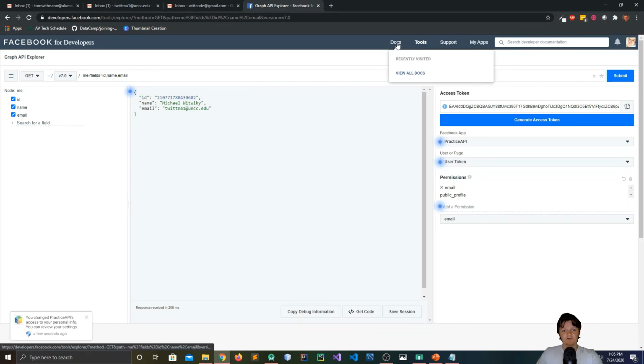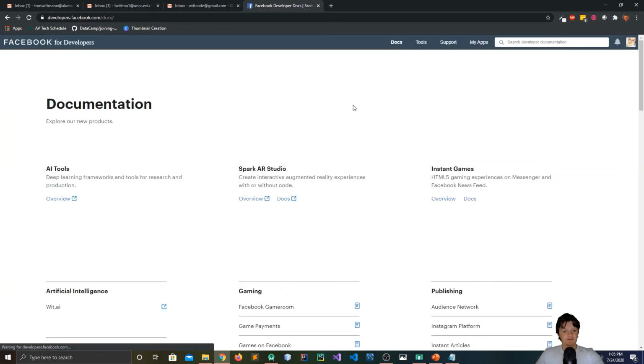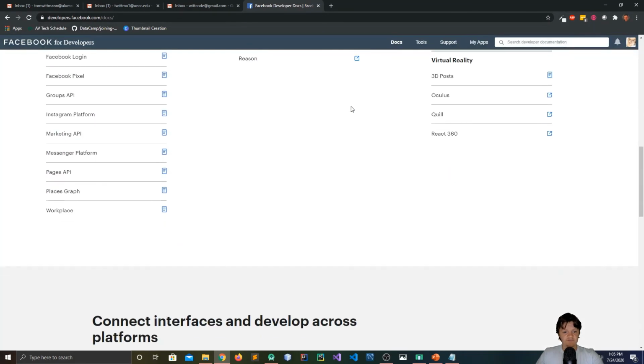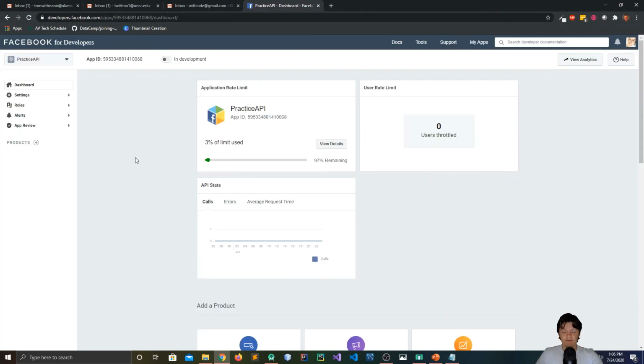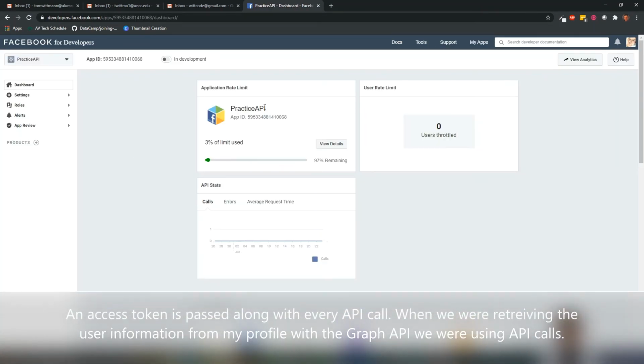For more support, of course, up here you can just go to documents. These are all the documents that you can read to learn about the certain APIs and just more information about Facebook for developers. Now what's interesting is, because I was using that Graph API tool, you can see that I've reached 3% of my limit because I ran three